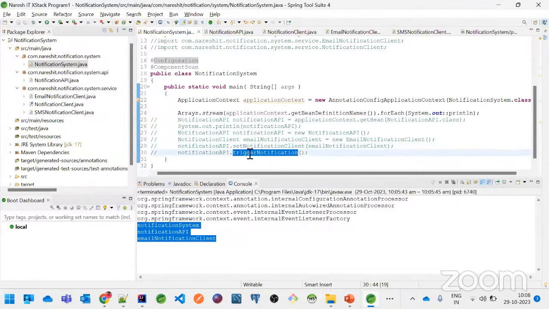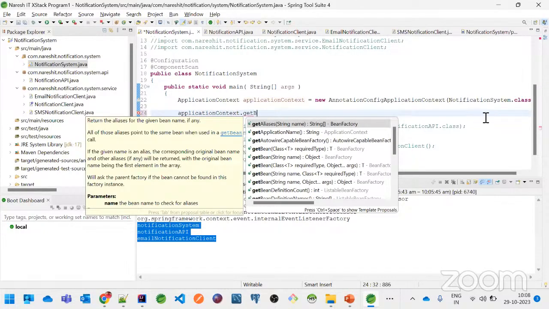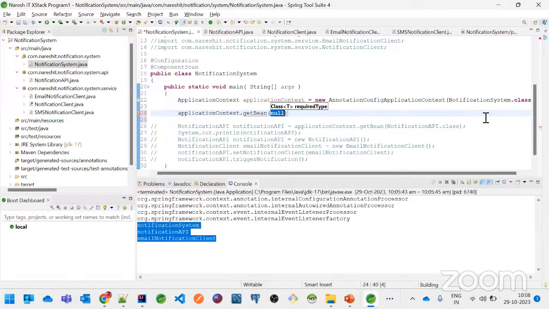Now it is going to trigger a notification. Very simple. Now, if you just go to this notification system, now I just wanted to comment this part first, and I will just get the application context dot get bean, and I can just submit my notification API dot class,